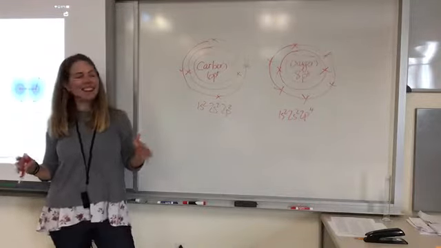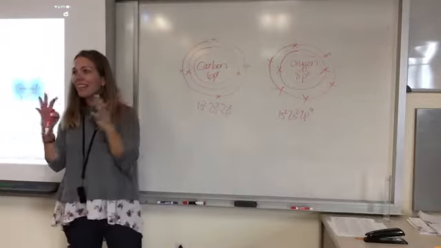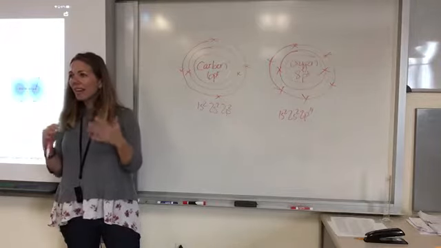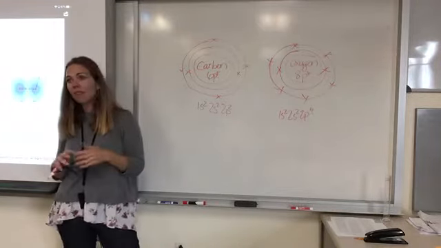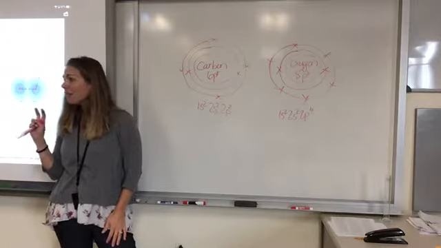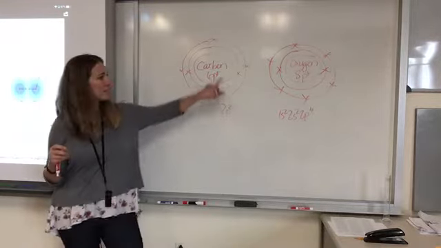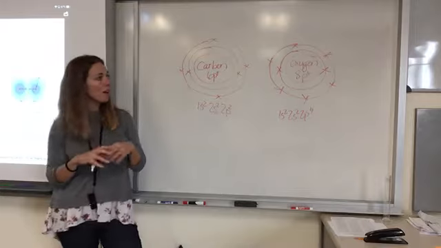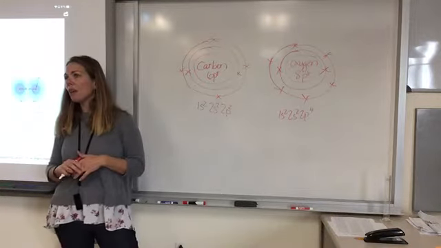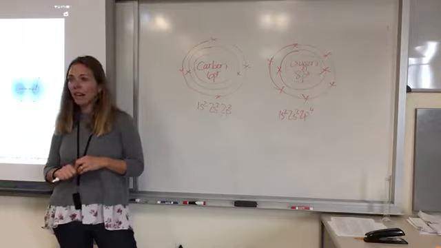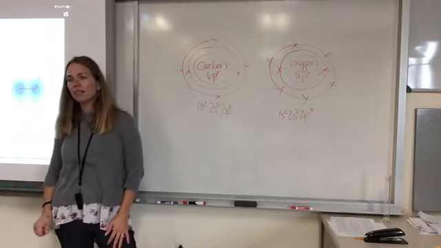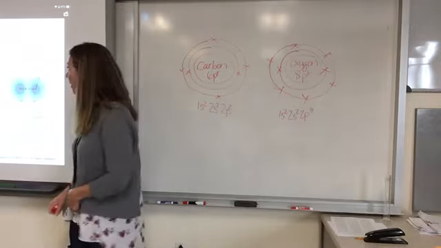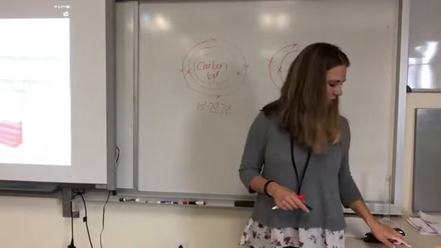The nuclear charge is higher, so that nucleus is able to pull in that outer energy level better. We're looking at the same energy level for carbon as we are for oxygen, energy level number 2. The difference between them is that carbon only has 6 protons and oxygen has 8. So the oxygen nucleus has a higher nuclear charge and it can pull in those outer electrons a little tighter. That's why atomic size decreases left to right. Got it? Okay, now let's talk about ions. All right? What happens